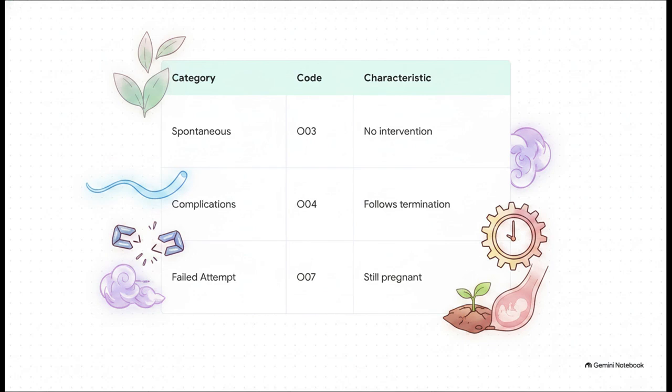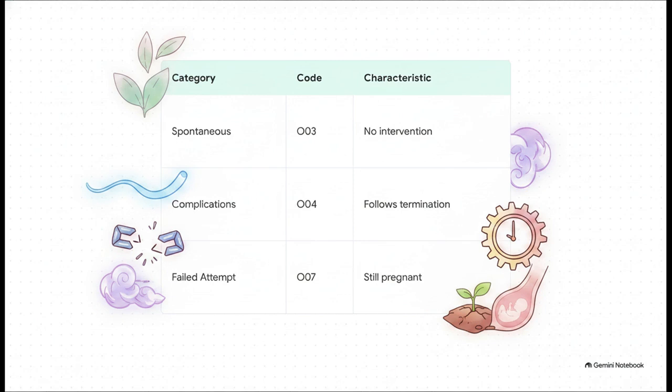Now that we're inside the O-code block, we've basically got three core categories to look at. First is category 033 for a spontaneous event, meaning it happened without any instrumentation or chemical intervention. Then there's category 04, which handles complications that pop up after an induced termination. And finally, category 07. This one is for a failed attempted termination, meaning an induction failed and the patient is